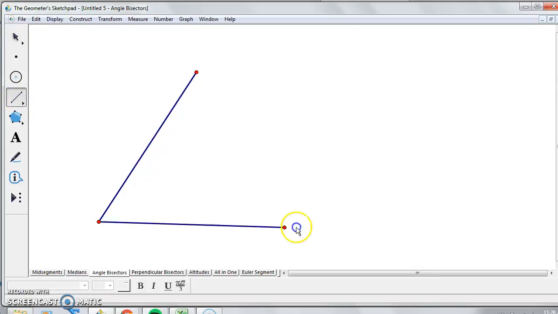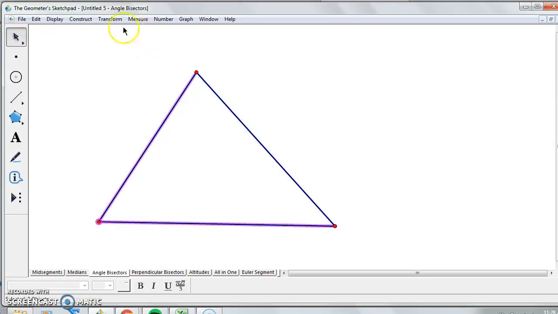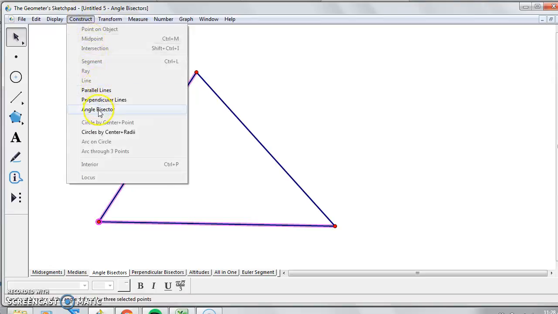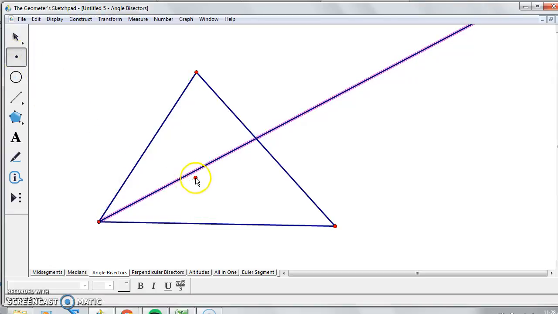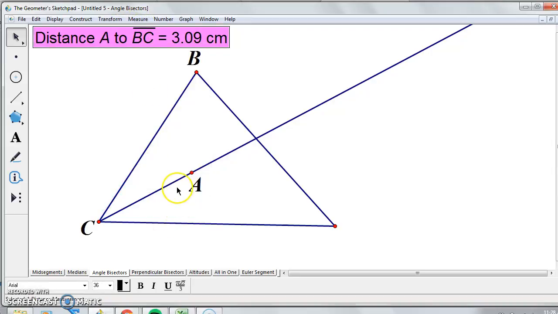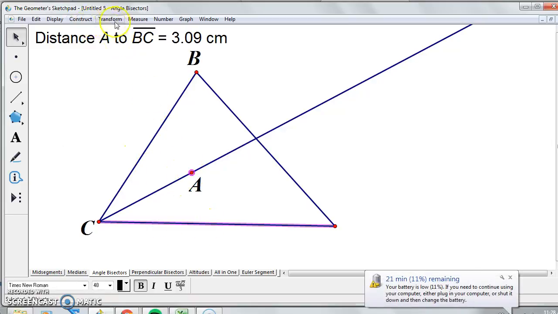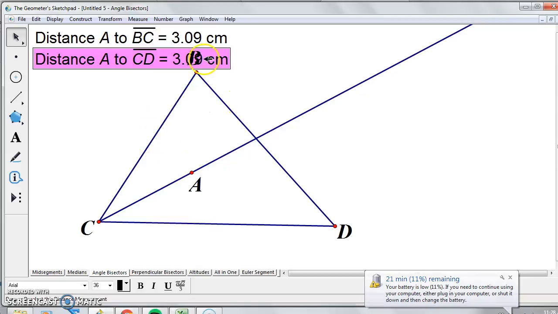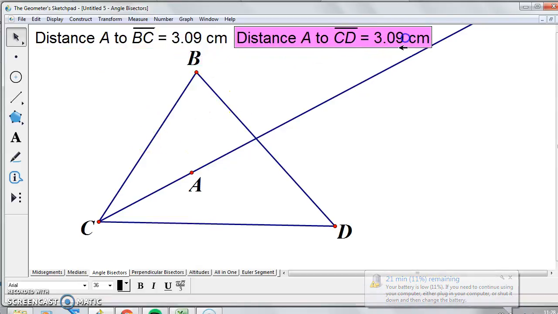So create a new triangle, and we're going to bisect the angles. One thing that's true about one angle bisector, it's the set of all the points that's equidistant to the two sides of the angle that I'm bisecting. So in other words, this point right here, if I measure the distance from there to that side, and I measure the distance from point A to this side,